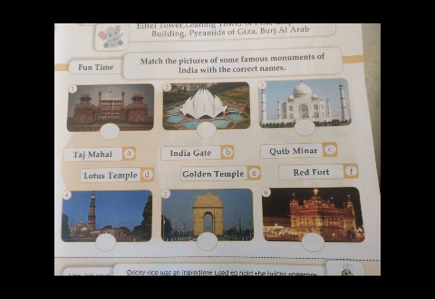Now see the last image. You can see that it is golden in color, so it is called the Golden Temple. It is also known as Harmandir Sahib, meaning abode of God. It is also called a Gurudwara, which is located in the city of Amritsar in Punjab, India. It is a spiritual site of Sikhism. So you can write option E in the sixth image.